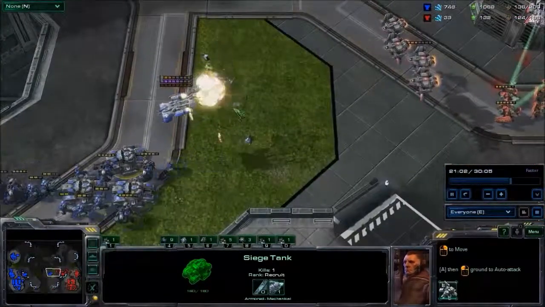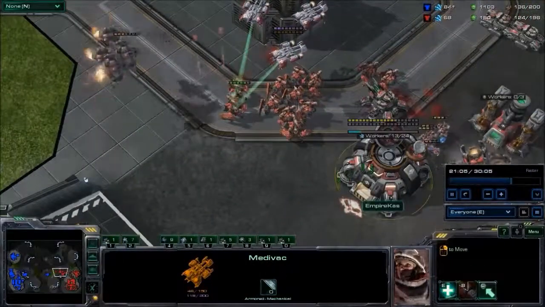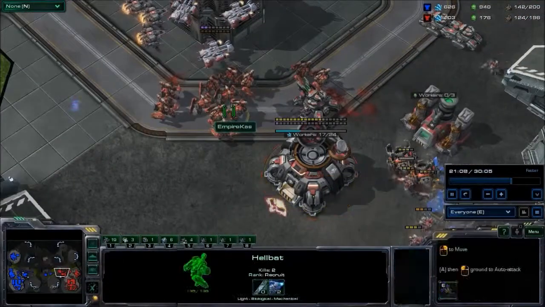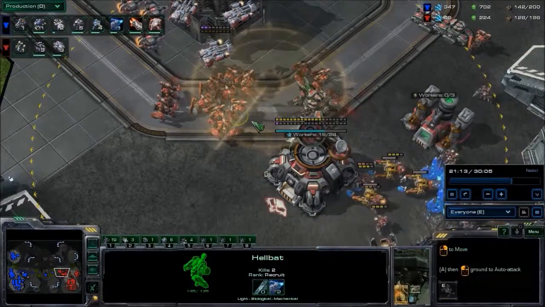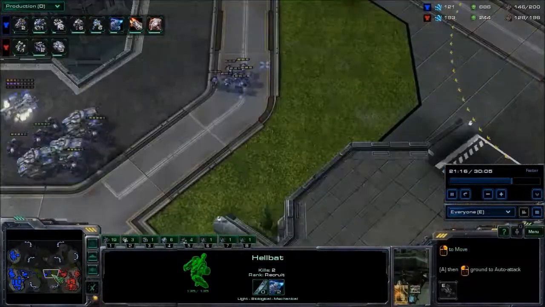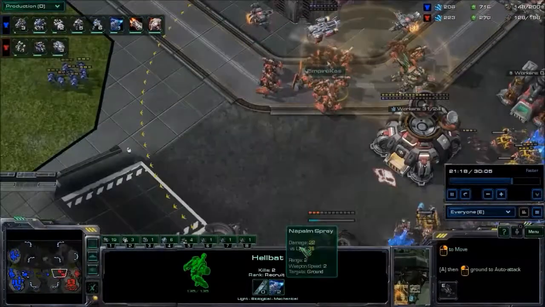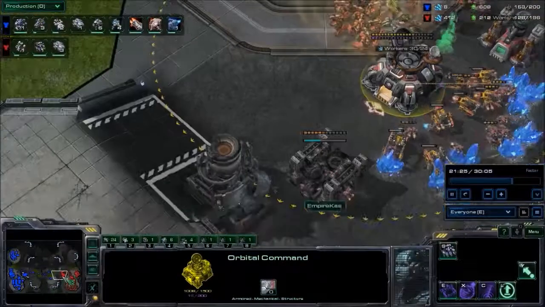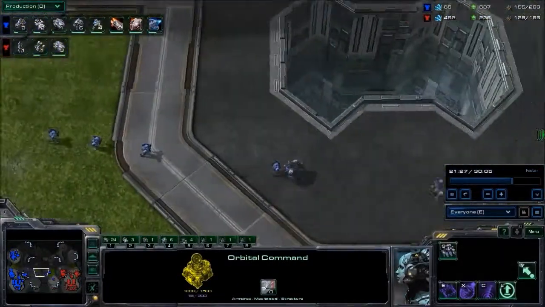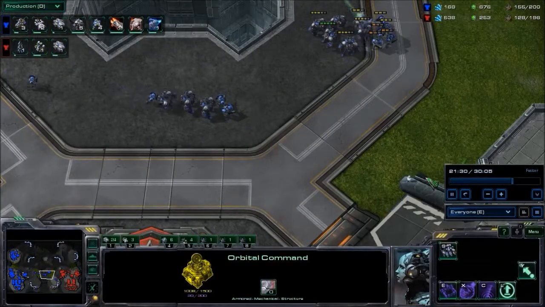The Vikings are firing down on the medevac, so Cass has reclaimed his third, and the momentum shift has now gone back to Cass. Initially, I thought Cass had no way of getting back. I thought Taeja had a very good stranglehold on him, but Cass has valiantly fought back and is now taking back his third. Taeja still has 4 bases, so Taeja still has the economic advantage, but